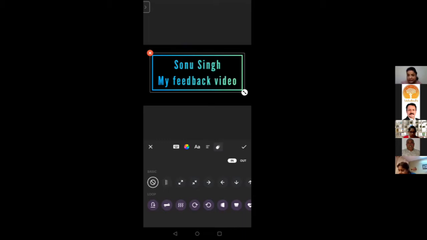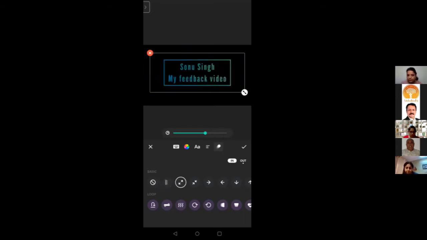So I just select in and I select any of the panel from here. So see, it will show you the effect. आप कोई भी नीचे से पैनल सेलेक्ट कर लो, it will show you the effect कि how it will look.